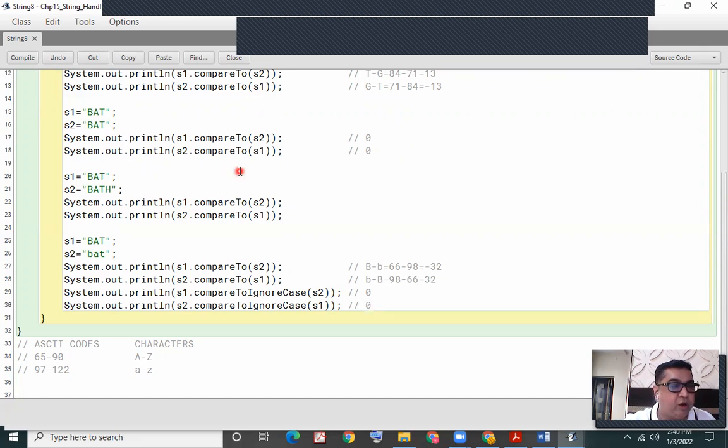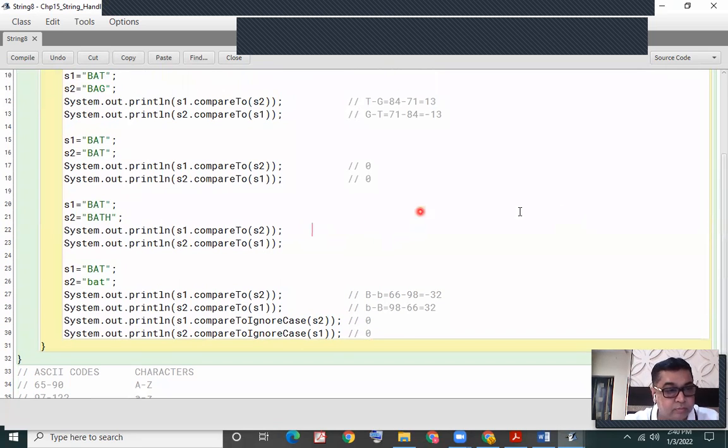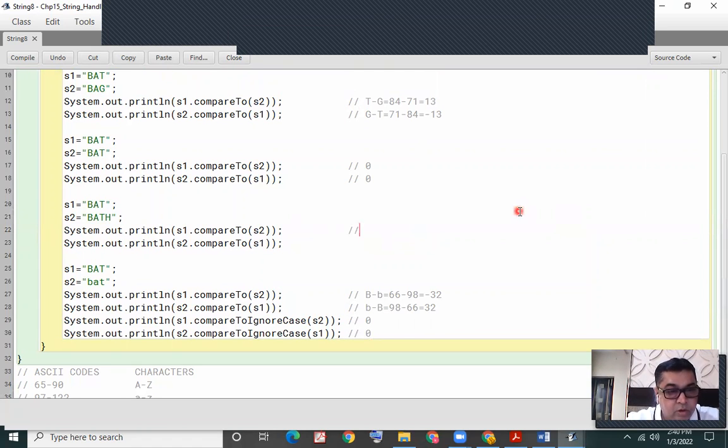Tell me, do you have any doubts with these two methods, compareTo and compareToIgnoreCase? Here I'm just writing in this case where I've given S1 string having 3 letters, BAT, and S2 string having 4 letters, BATH.